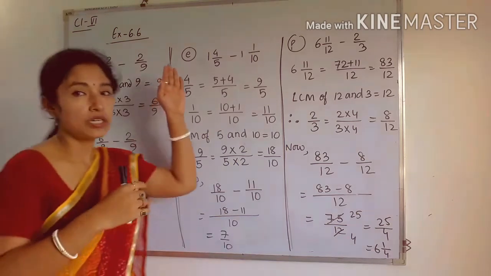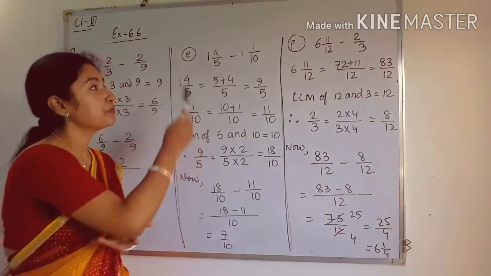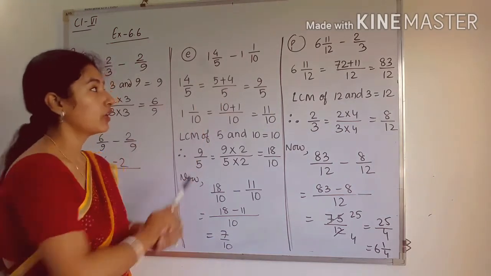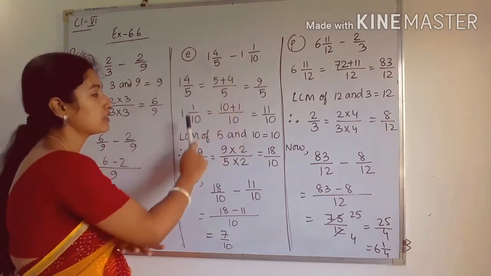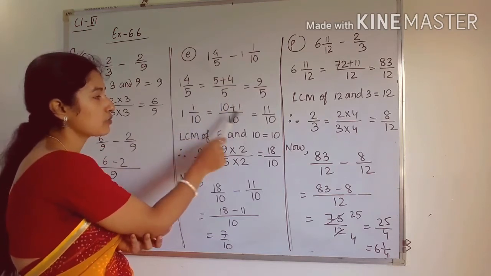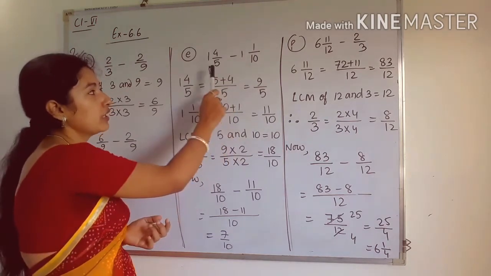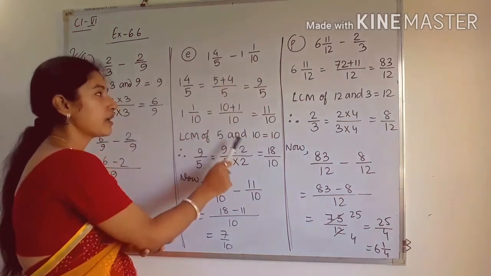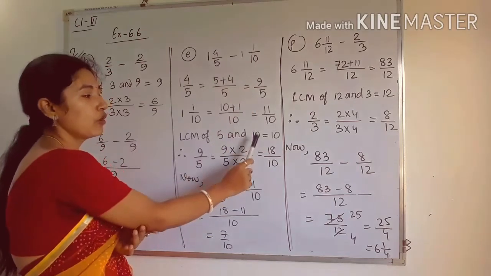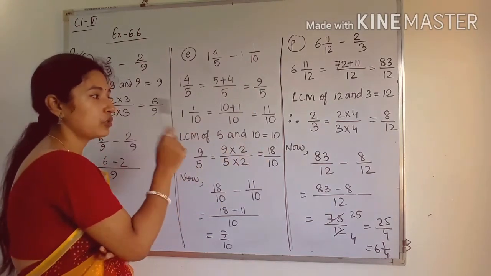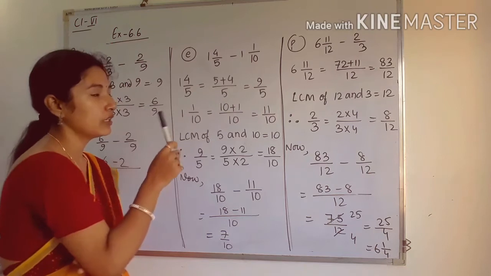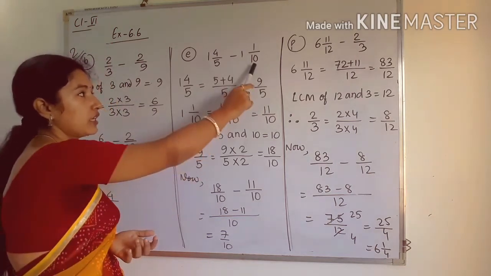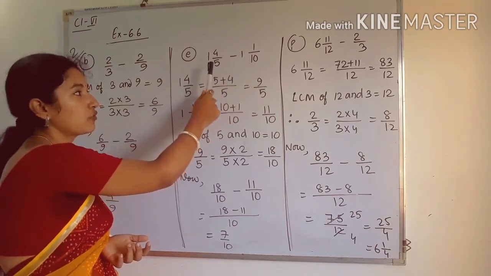Next, come to question number E. See in E, first of all, you have to convert the mixed fractions into improper. So this is 9 by 5 and next, 10 ones are 10 plus 1, 11 by 10. So now see, one denominator is 5 and the other is 10. So we have to find the LCM, as 10 is a multiple of 5. So 10 is the LCM of the two numbers. Now we have to convert each fraction's denominator to 10. This one is already 10, no need to convert it. That means we have to convert this one.